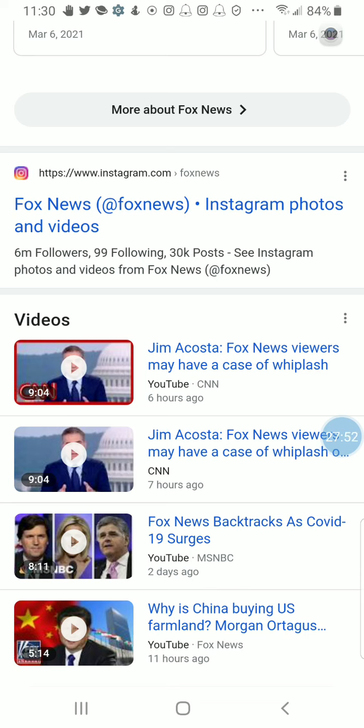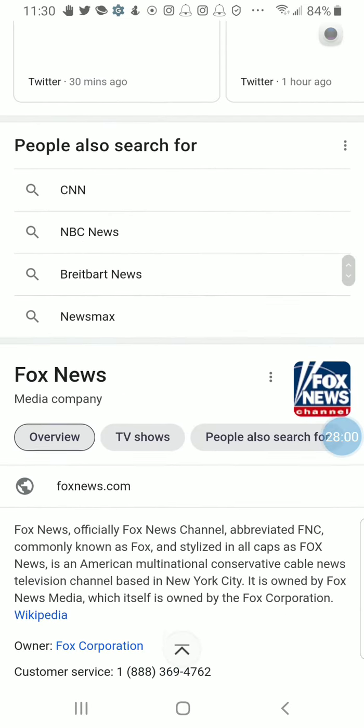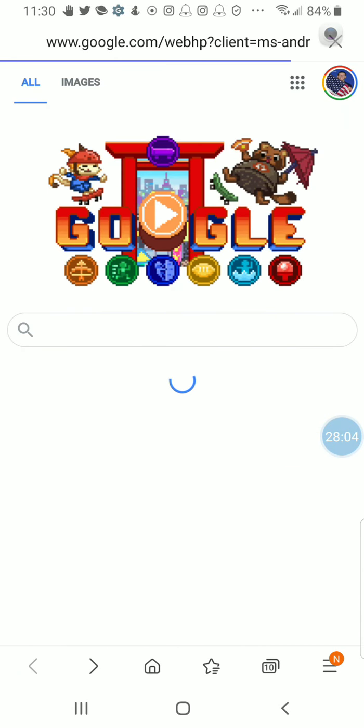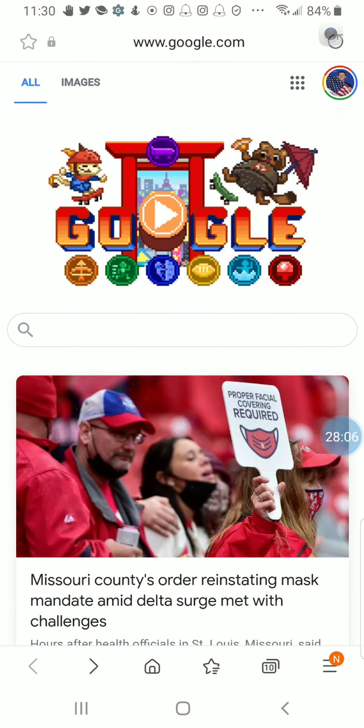So if we were to save one of these links to our search browser, you can go directly there just by following the tab that was created.